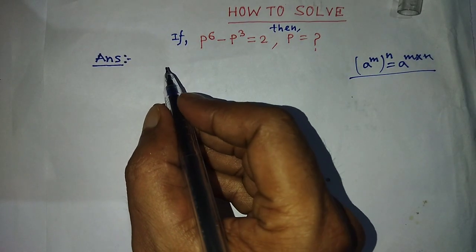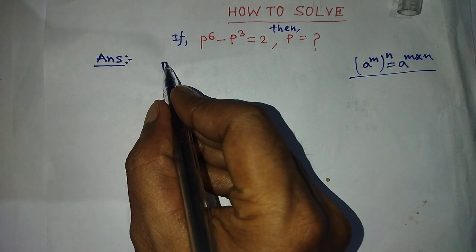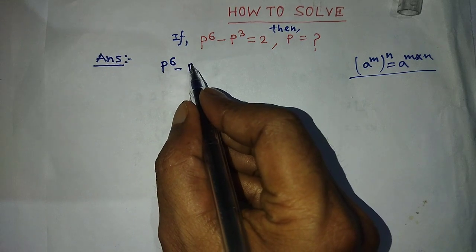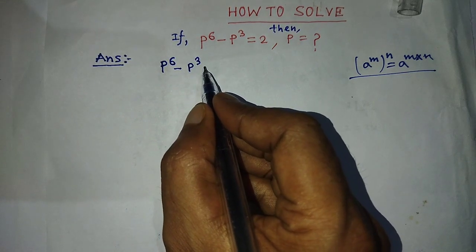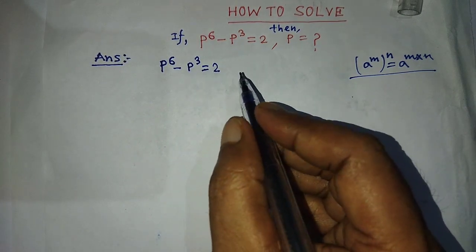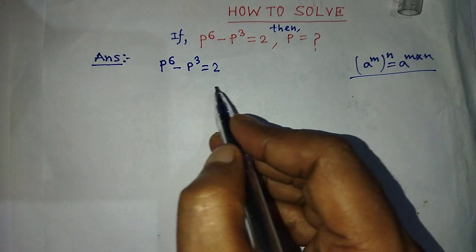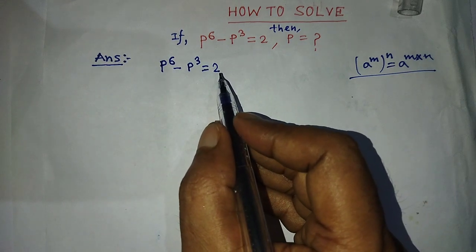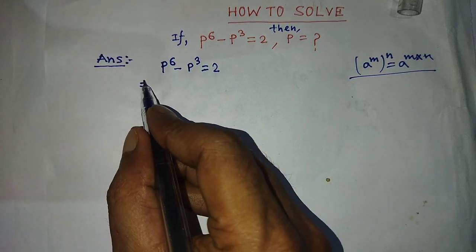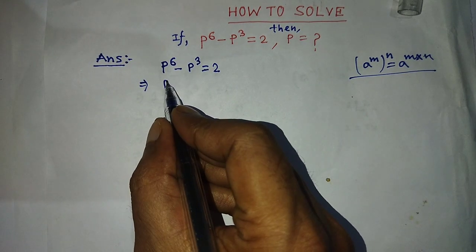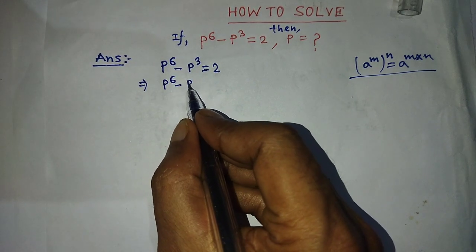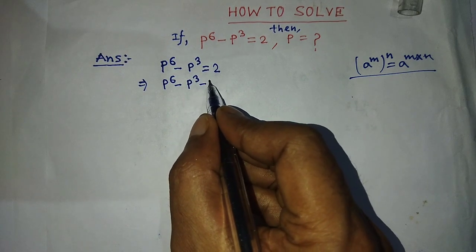So my dear student, our given exponential equation is p to the power 6 minus p to the power 3 is equal to 2. So student, to find the value of p from this exponential equation, first of all we have to transpose 2 from the right side to the left side. Then the left hand side will become p to the power 6 minus p to the power 3 minus 2 is equal to